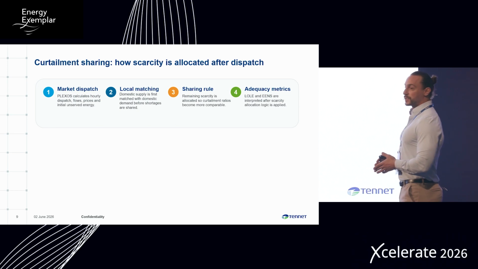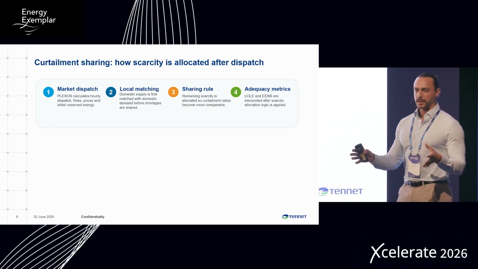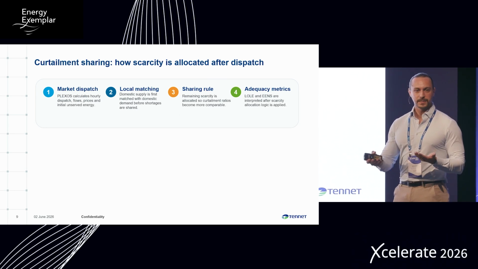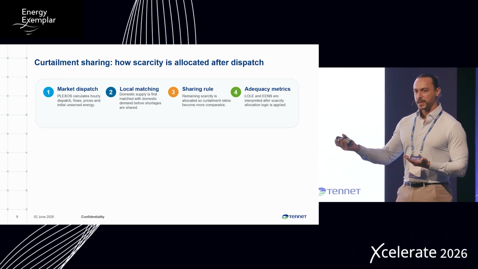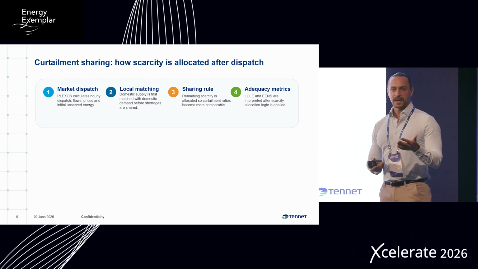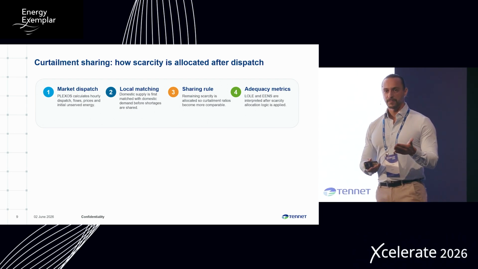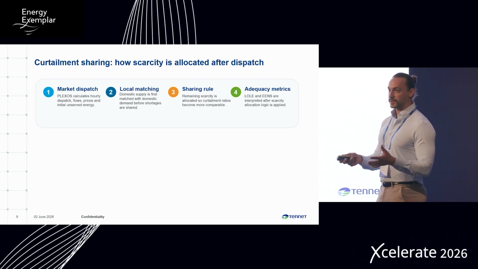And later on, I have the sharing rule. Let's say you have different markets. When you have flow-based market coupling, you see it as a competition between countries. You have different PTDFs, and everyone is competing for how much they can get from the RAM, which means that countries with lower PTDF might get the maximum import. You don't want that. What you want is that the sharing of scarcity between the countries is proportionally equal to their